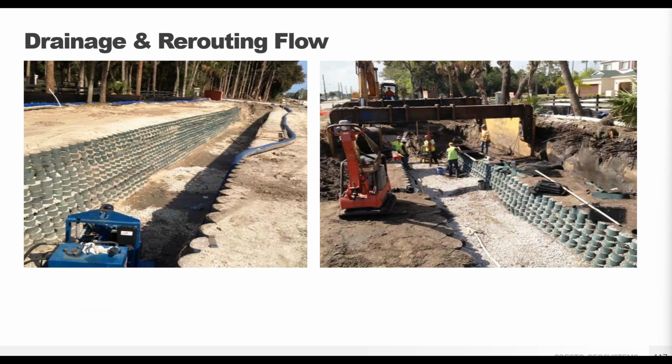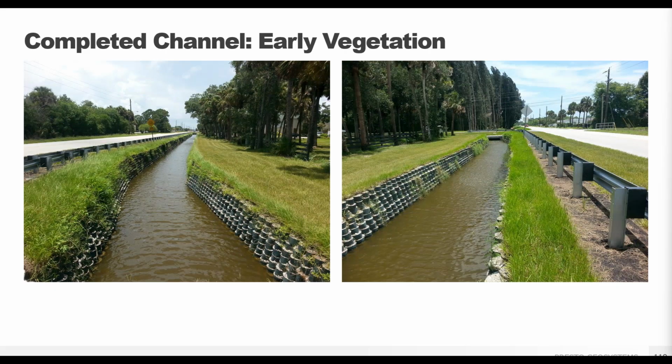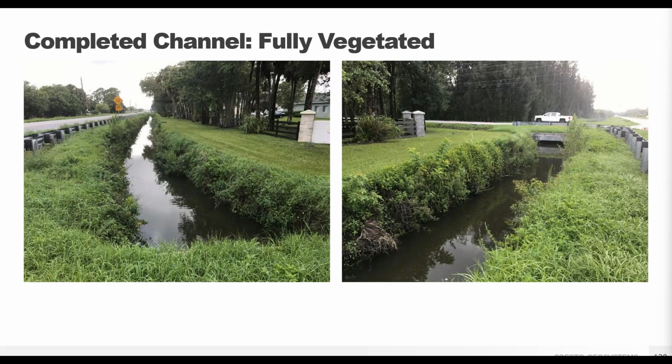Here's another issue to consider along the lines of drainage. If your location is an active channel with flow, that water can be rerouted. And here's a stacked wall channel example, bypassing the construction area. And here's that channel with the vegetation starting to establish. And then 4 years after the install, invisibly yet reliably protecting.